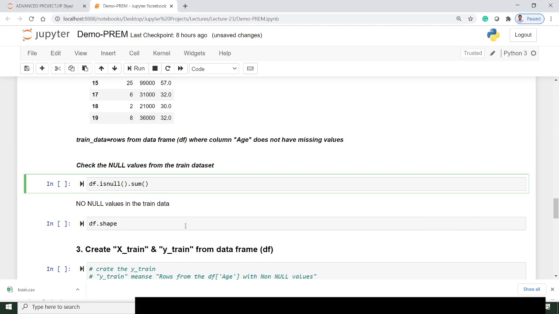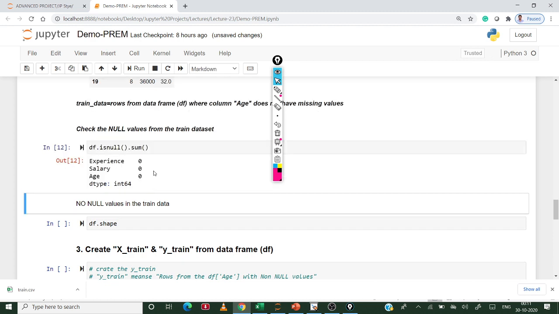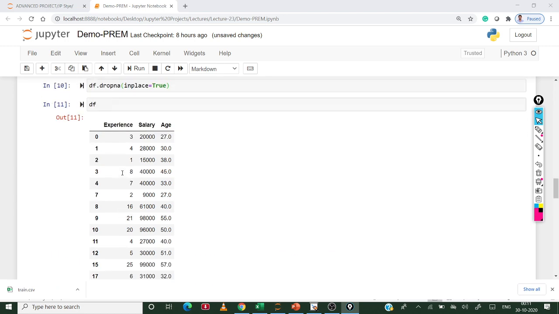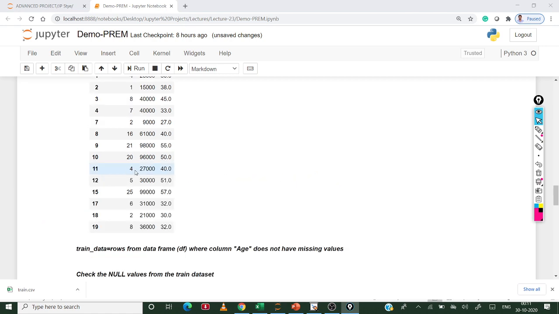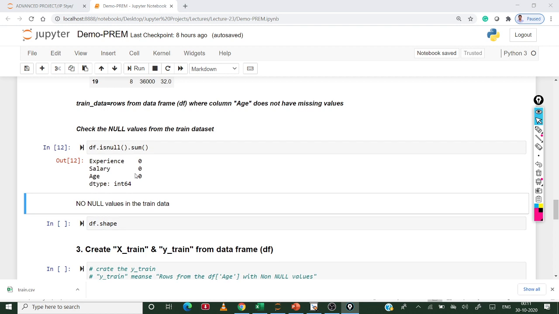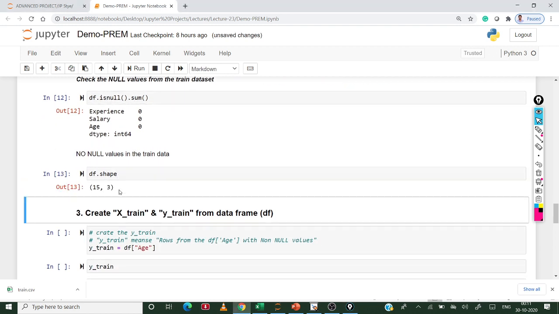There are no missing values in this data frame, meaning the train data. So this train data does not have missing values, and its shape is 15,3.